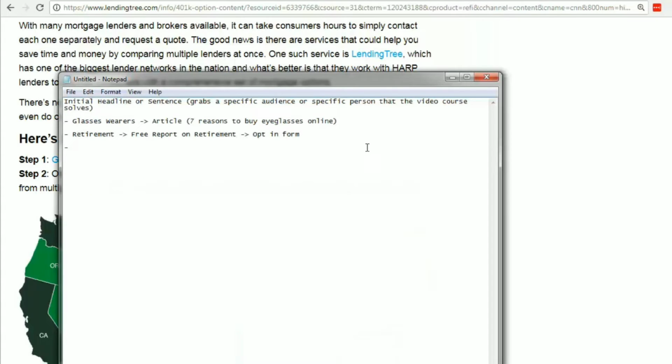So we have, in this case, mortgage, house, payment, or payoff. And then they're directed to an article on how to find out if you're eligible. And at the end of the article,